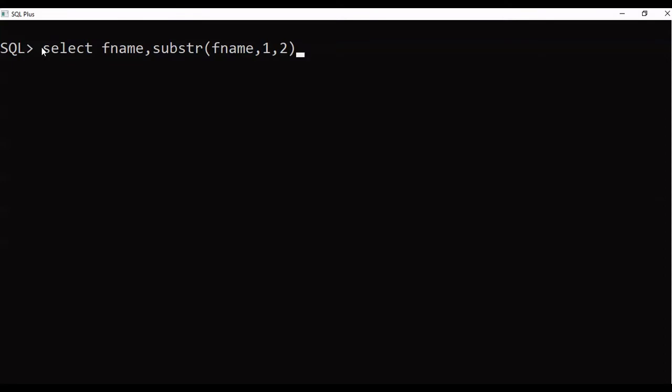It will start from the first character and then it will pick 2 characters.